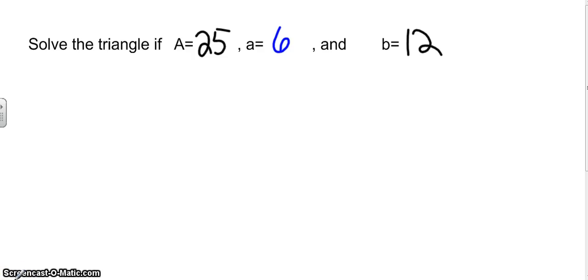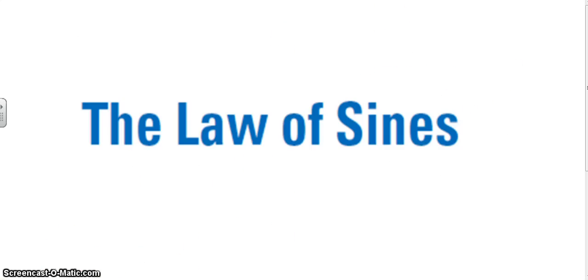In this next example, I kept the angle measurement of A exactly the same and B exactly the same as what it's been in the last couple of examples. But this time A is equal to 6. Now, if you remember back a couple examples ago,